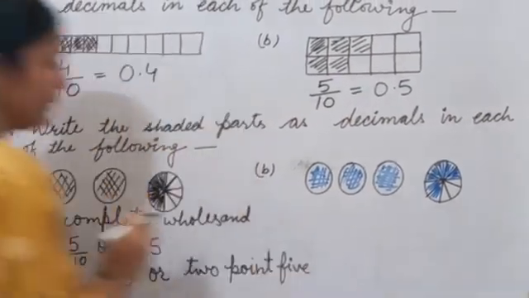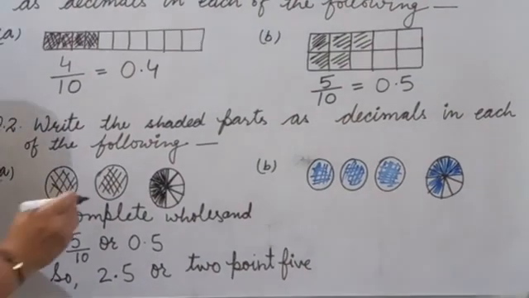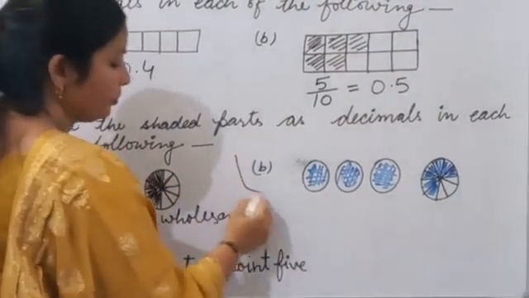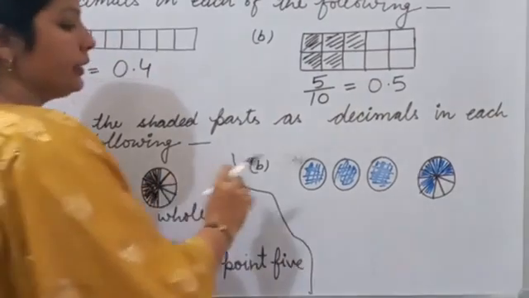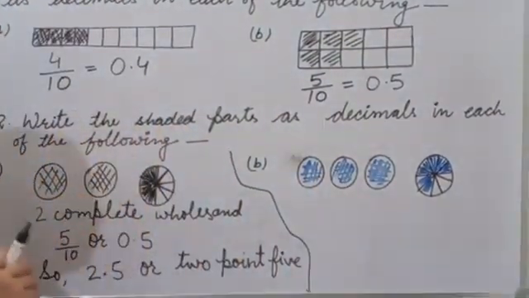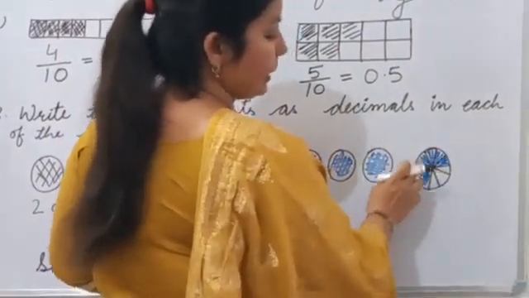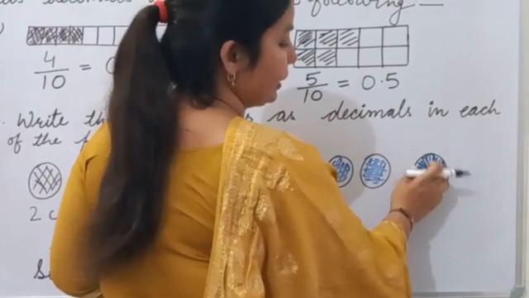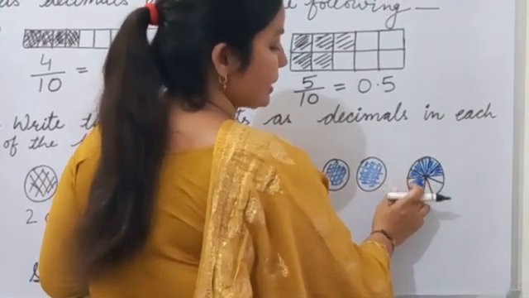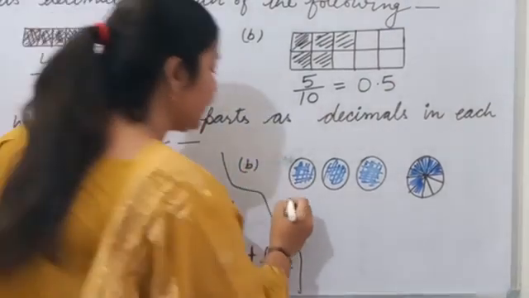Okay, in words we write like this 2.5. Now it's B part. There are 3 whole circles. How many circles? 3. And in the fourth circle there are 10 equal parts and 7 parts are shaded. 1, 2, 3, 4, 5, 6, 7. Okay. So same way we'll write here 3